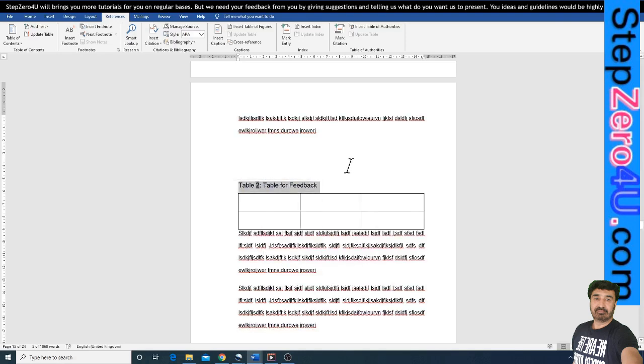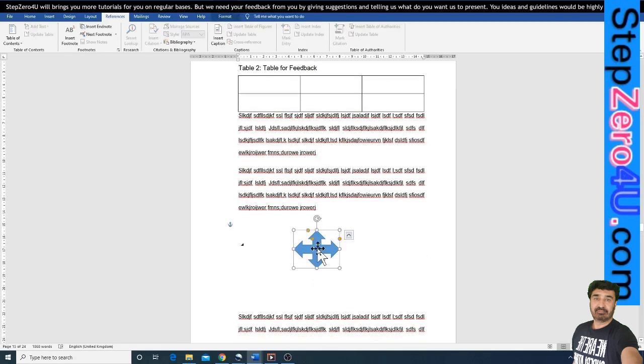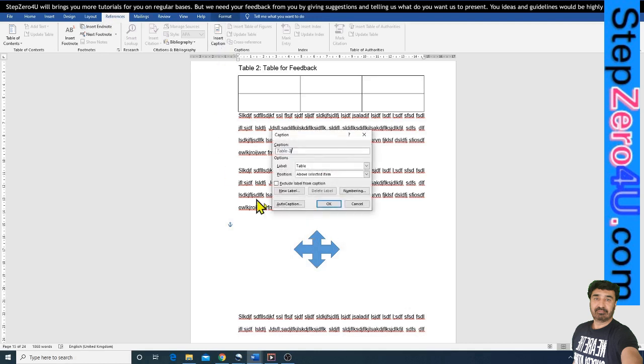Similarly, to add a caption to a figure, click on the figure, click the References tab, click Insert Caption. In caption, write the name or label of the figure. In the label list, select Figure because it is a figure, not a table.